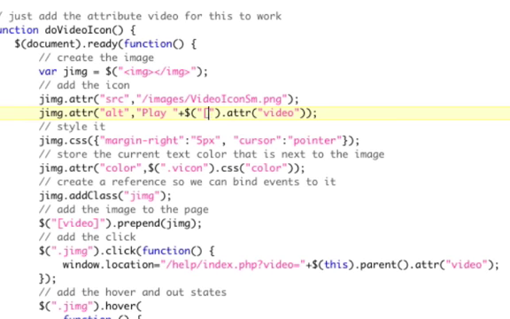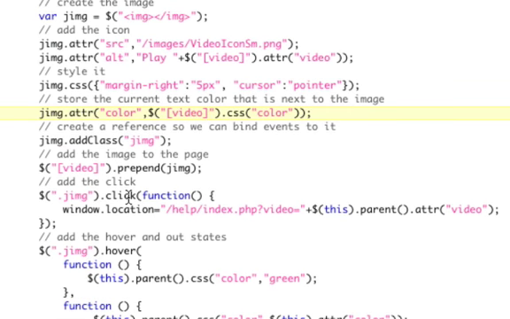But we can also use jQuery's selectors. So now we're just going to do video in brackets, and this will have the exact same effect as we had before, except all I have to do is get the video attribute. So anything with the video attribute will work with this code that we did. I also figured out how to do the binding events. I know I had a problem with that before. I'm still having the problem, but what I'm able to do is